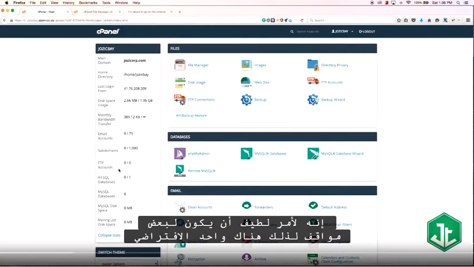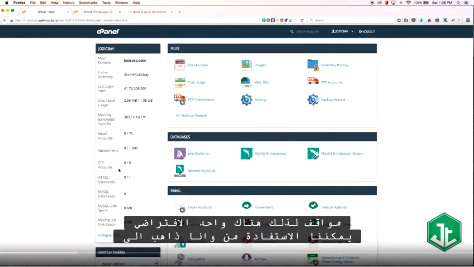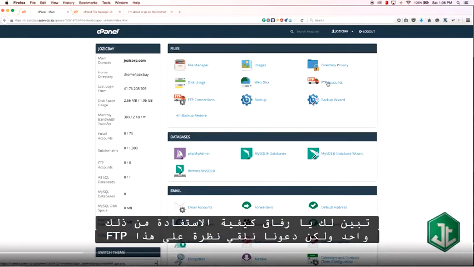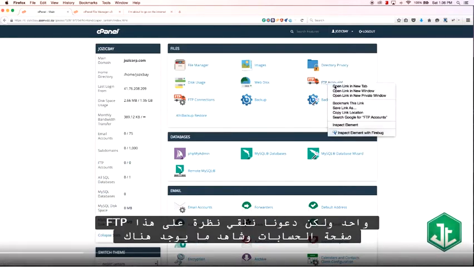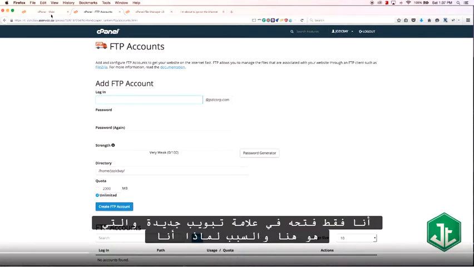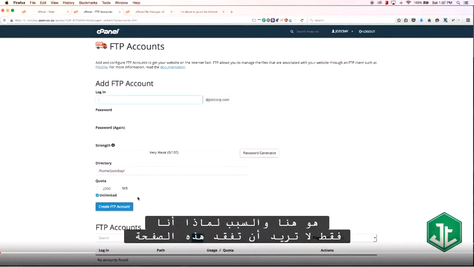So there is a default one that we can make use of, and I'm going to show you guys how to make use of that one. But let's take a look at this FTP accounts page and see what's on there. So I just opened it up in a new tab, which is over here, and the reason why is I just didn't want to lose this page. Anyway,